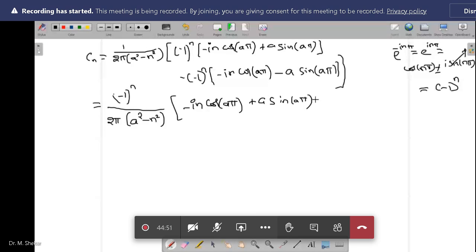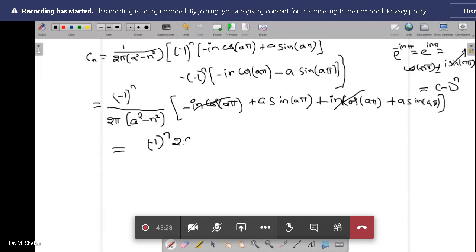Here we have negative, so minus into minus gives positive, plus i n cos a pi, again minus into minus, plus a sin a pi. Some terms are cancelled: i n cos a pi and minus i n cos a pi cancel, and we can add these two, so it will be (-1)^n into 2 times a sin a pi,